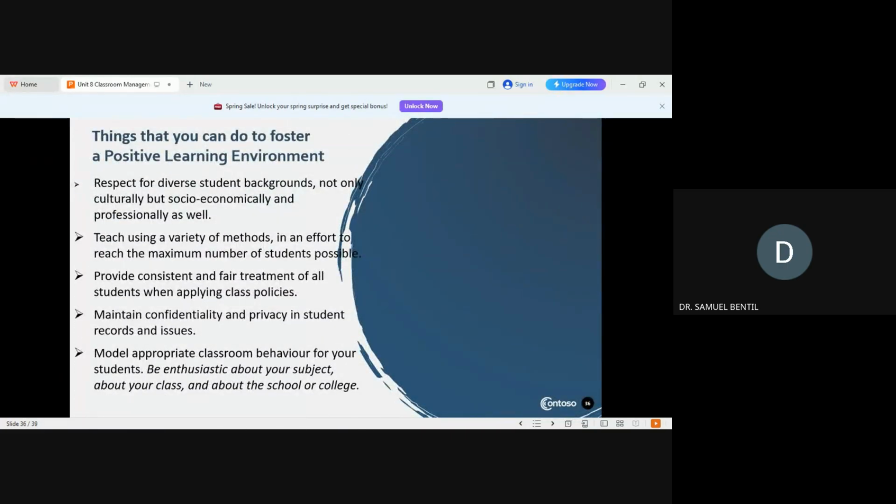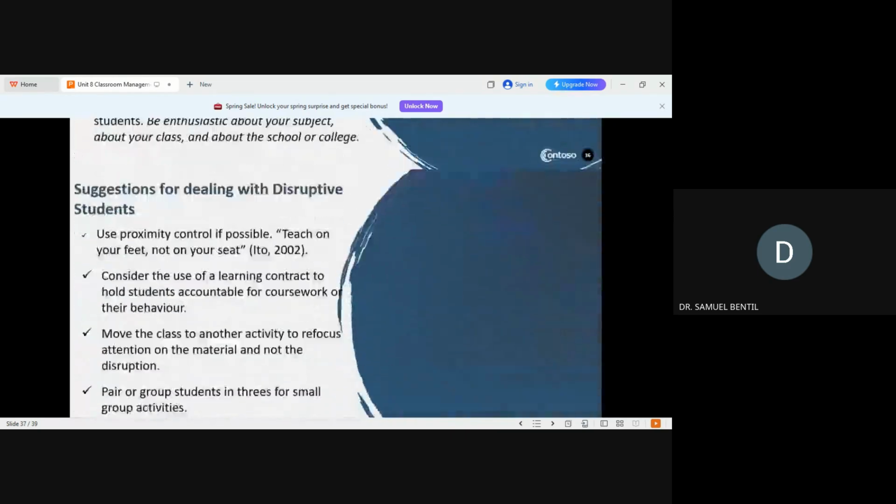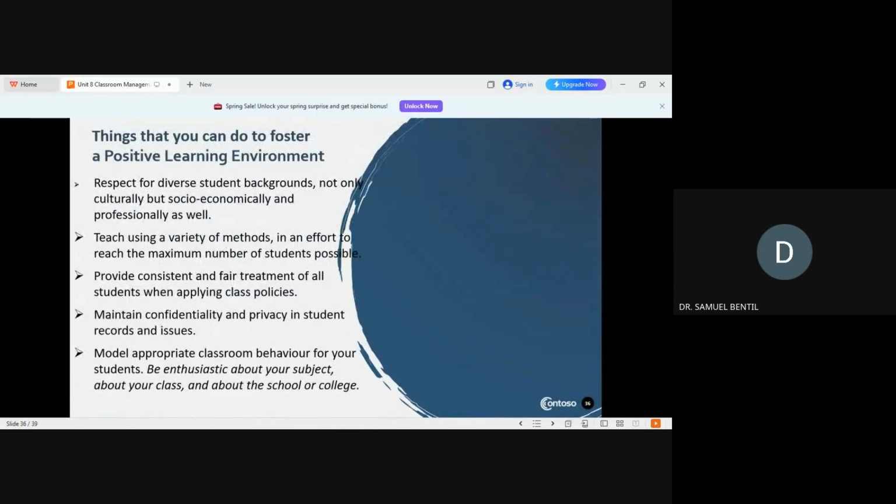Now let's look at things that you can do to foster a positive learning environment. What are some of the things you can do to establish a positive learning environment? The first one is to respect diverse student backgrounds, not only their culture, but also socioeconomic and professional background as well. Please, teachers,